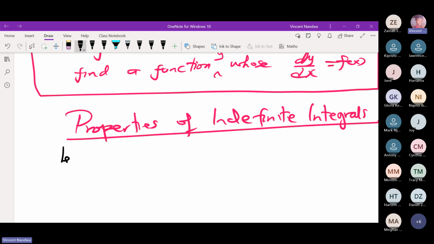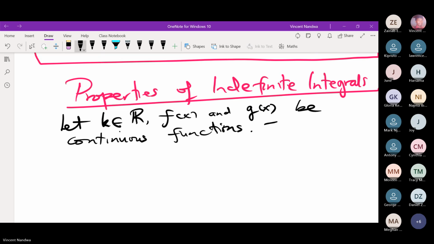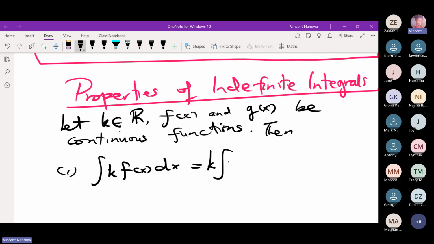Let k be a real number, and f of x and g of x be continuous functions. Then the integral of k times f of x dx is the same thing as k times the integral of f of x